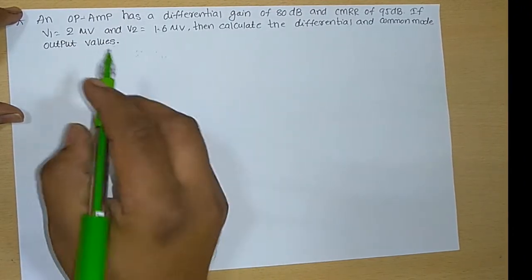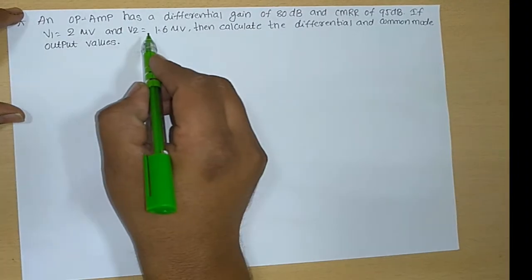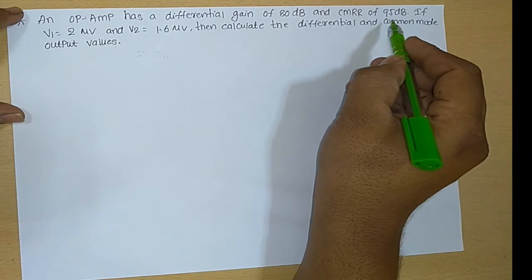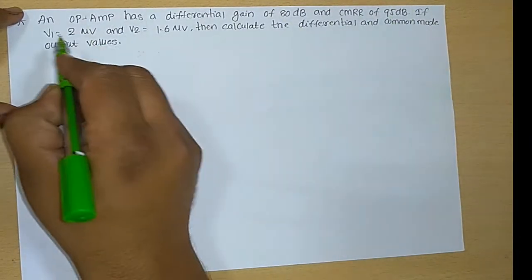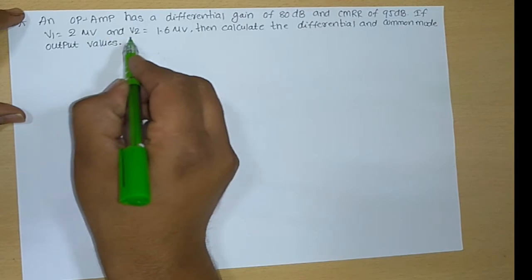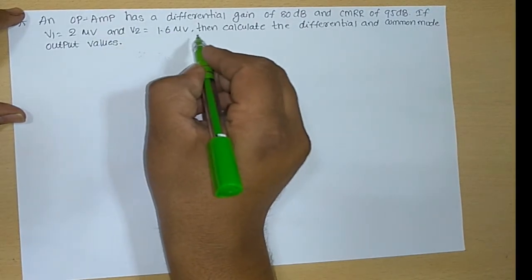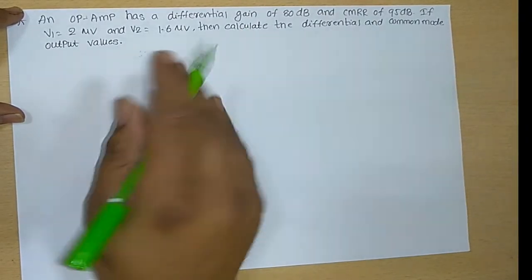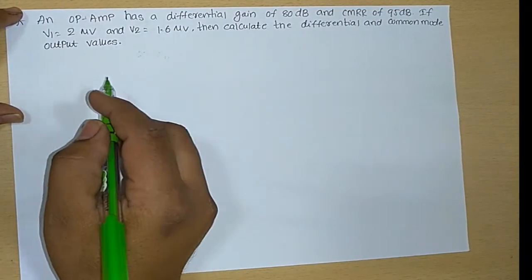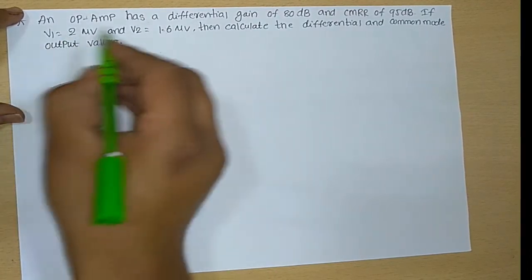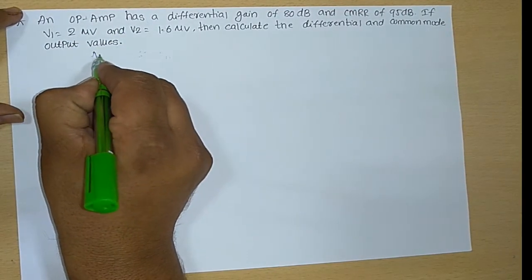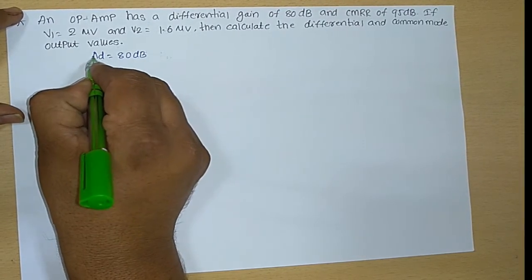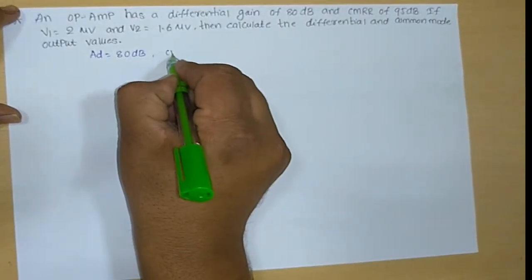Coming to the first problem: an op-amp has a differential gain of 80 decibels and CMRR of 95 decibels. If V1 equals 2 microvolts and V2 equals 1.6 microvolts, then calculate the differential and common mode output values. First of all, we note down the given data, that is, differential gain AD equals 80 decibels, and CMRR equals